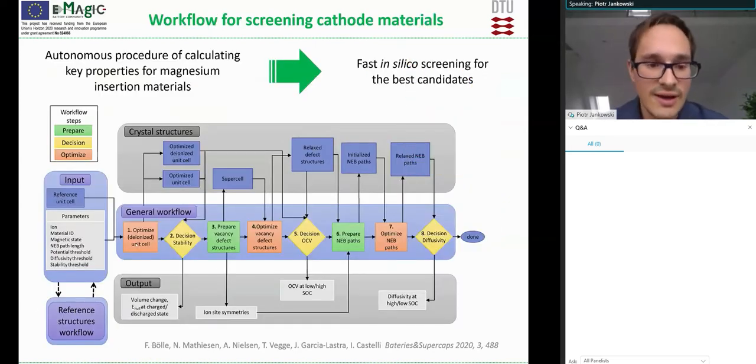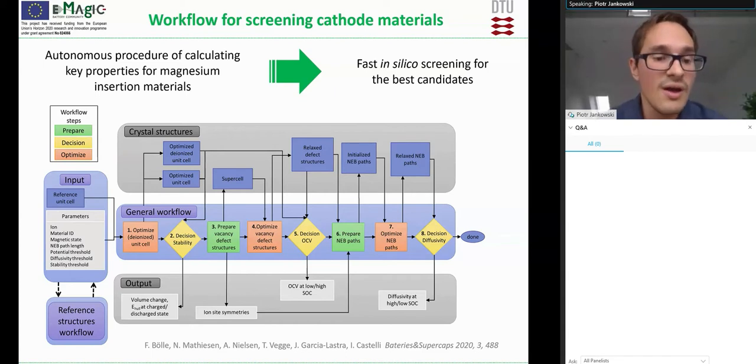So starting with the cathode, our main task is to say which materials should have the best properties for being the cathodes in magnesium batteries. And to do that, we are going to study hundreds of materials, and that's a lot. So to do the calculations manually is quite complicated. And to do that, our colleagues here, Felix and Ivano, already established an autonomous procedure for calculating, and it minimizes the interaction of the human with